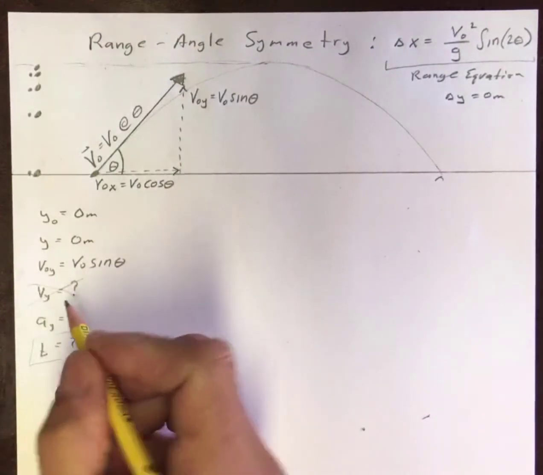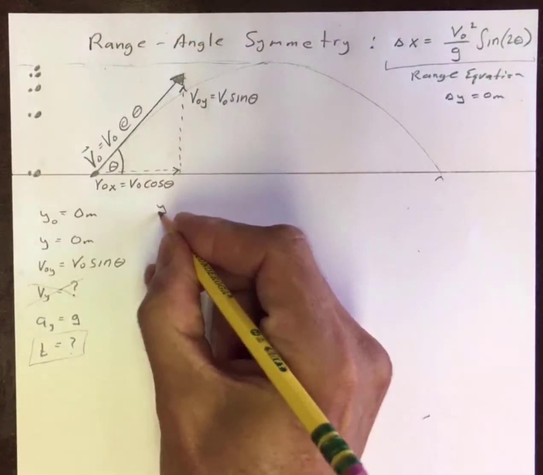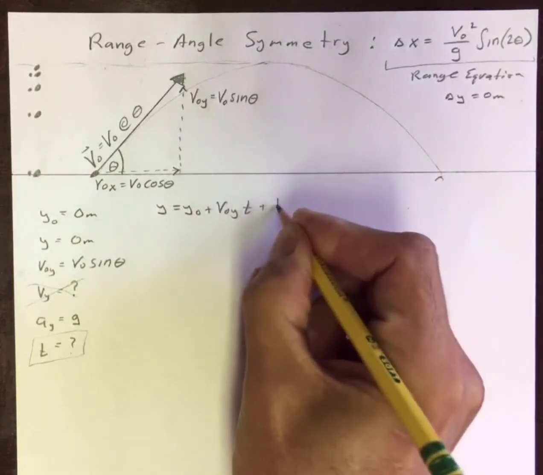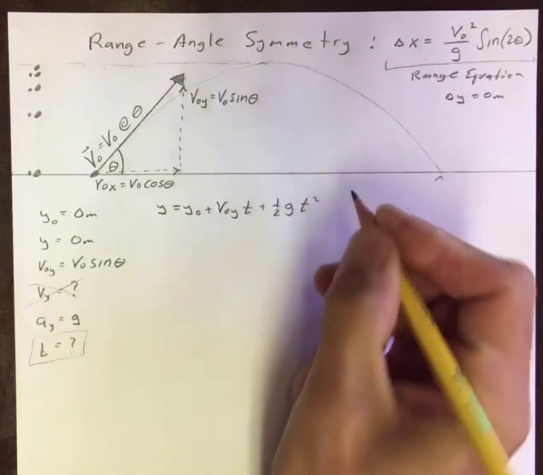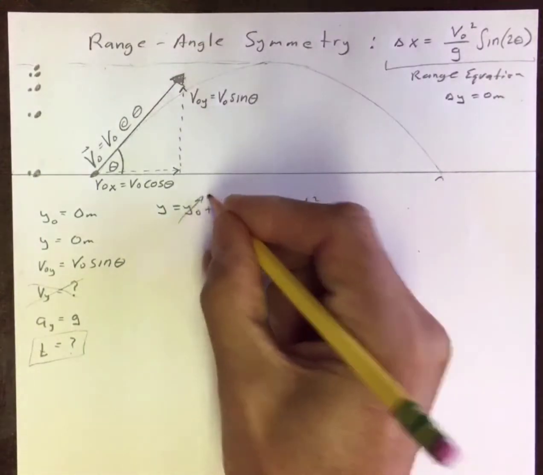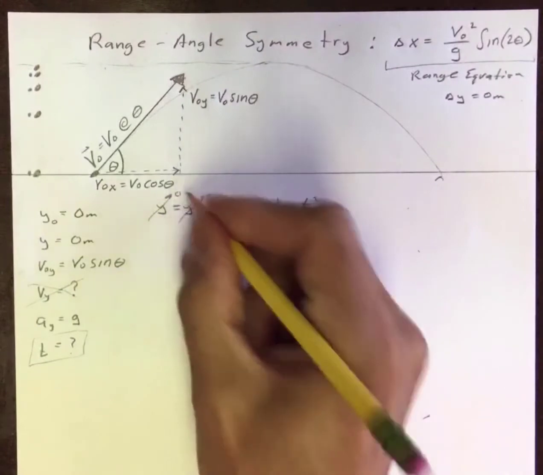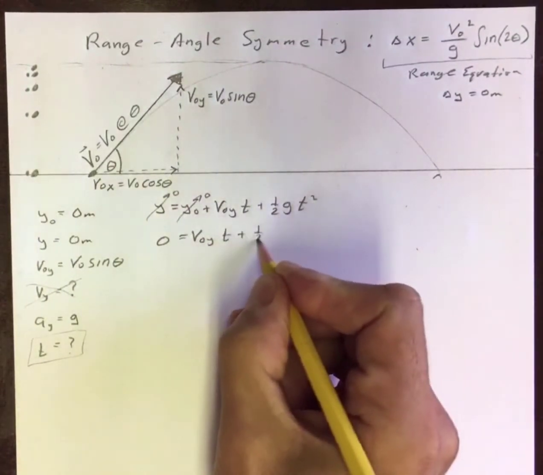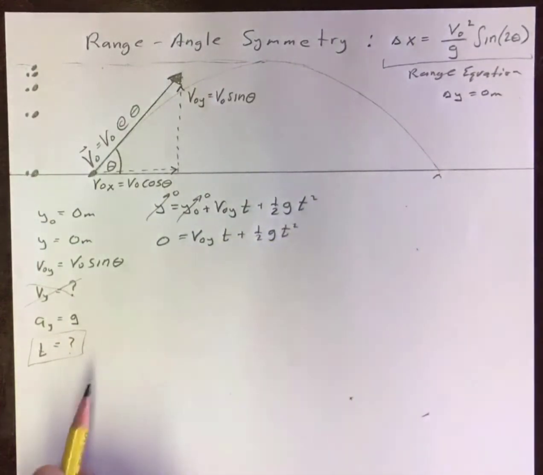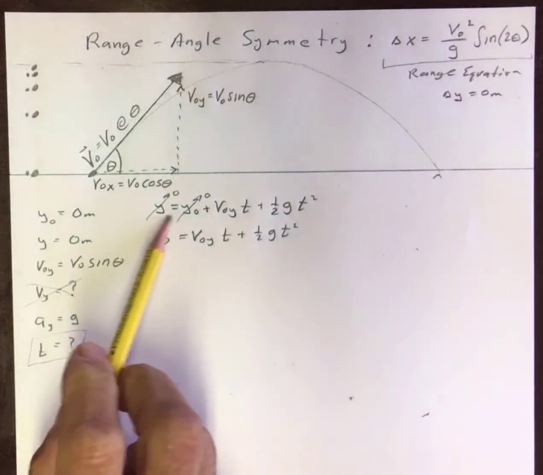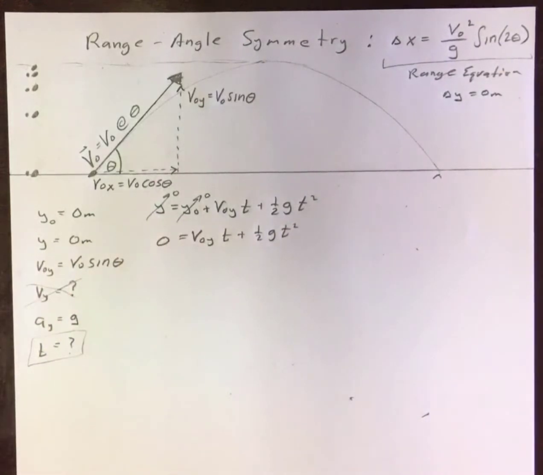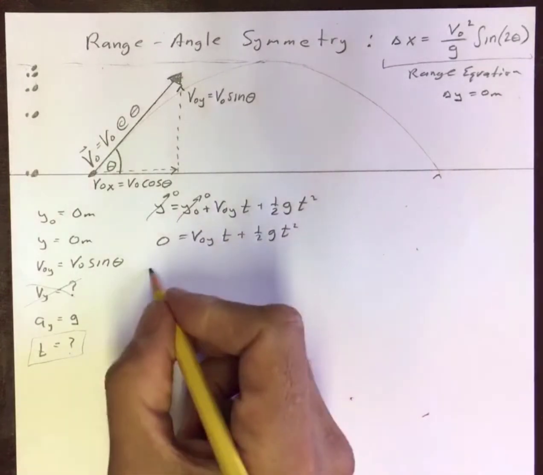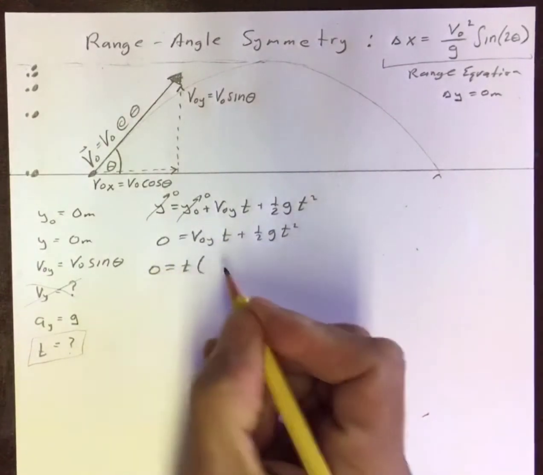I don't know what that final speed is, so I use the big dog displacement equation. And I look for things that are 0, like the launching position and the landing position. And I'm looking for the value of t that makes this condition of delta y being 0 true. So one of the things that I notice is I've got two terms, each with a factor of t in it. So my technique is to factor out a t,